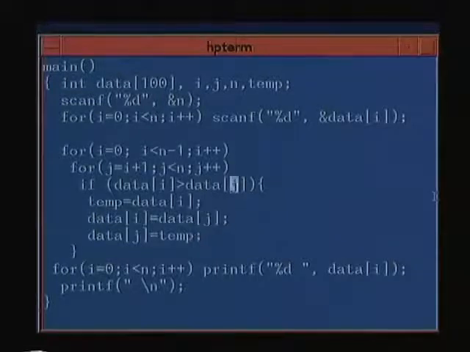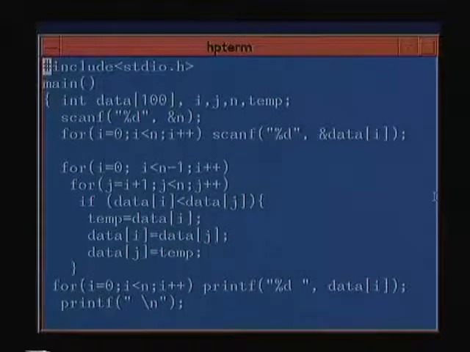So this one actually does finding the minimum. If we want to find the maximum, we will have to change this to negate, less than. So if data[i] is less than data[j], we exchange, and we use these three statements to exchange. We use the temporary variable, assign it to data[i], data[i] is assigned to data[j], and data[j] is assigned to temp.